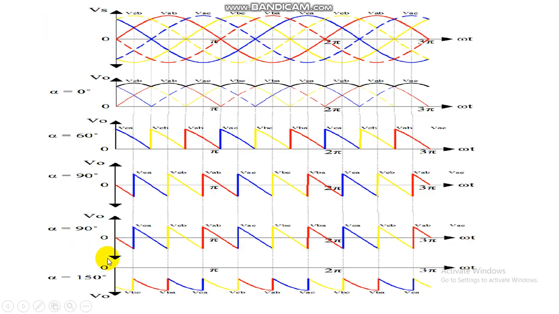When we see alpha greater than 150 degrees, totally inverting operation takes place. Like this we are getting negative voltage values, whereas at alpha equal to 90 degrees, in some portion we are getting positive values and in some portion negative values. When you take the average value, we get no output voltage at all, which indirectly says that it does not operate at alpha equal to 90 degrees, because we are getting an average value equal to 0.